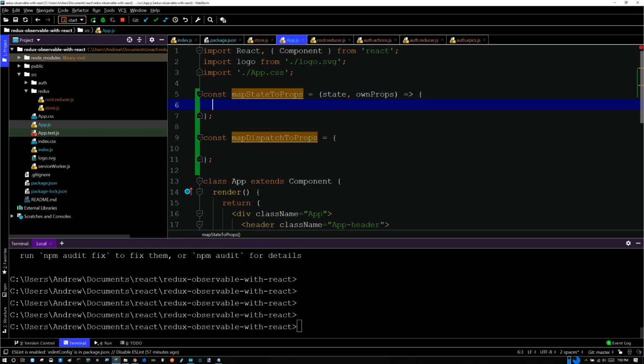In here, we're just going to return the state for now. I need parentheses around here. Okay. Wrong button. Okay. And in here, we're going to